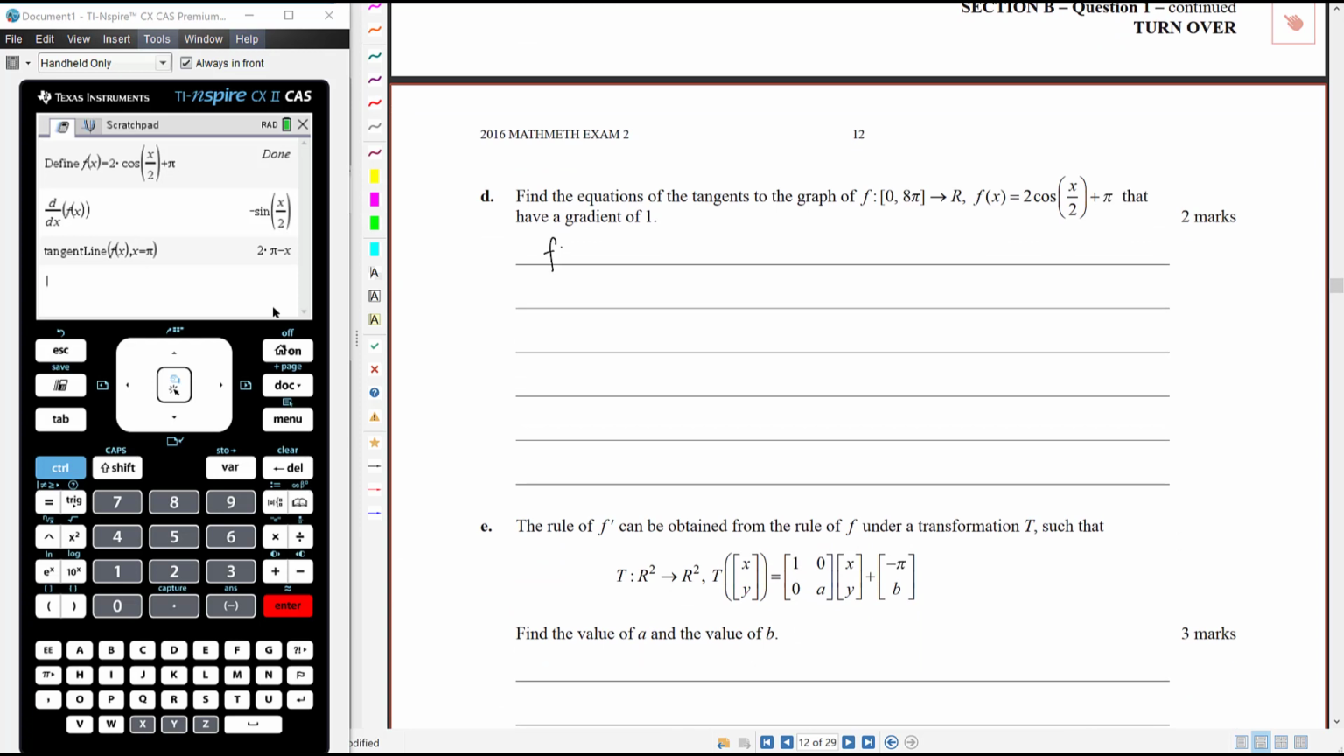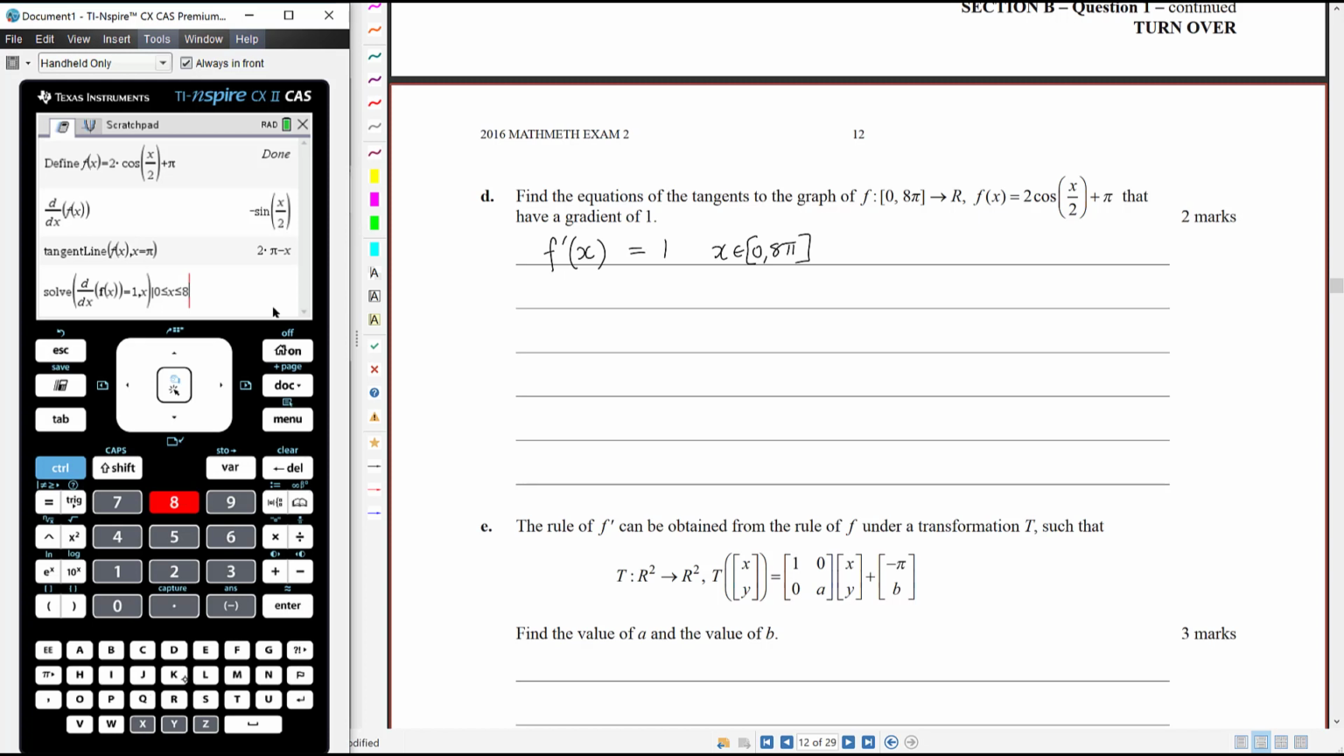So we first of all want to work out, okay, well, where is the gradient equal to 1? For which x values does the gradient equal 1? And we obviously need x to be between 0 and 8 pi. There would be infinitely many points, but we want the ones between 0 and 8 pi. So we're going to solve our derivative equal to 1 for x, and because it's a trig function, we need the domain restriction. Given that 0 is less than or equal to x, which is less than or equal to